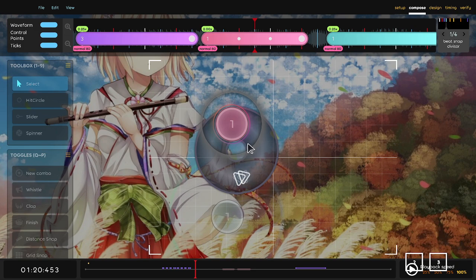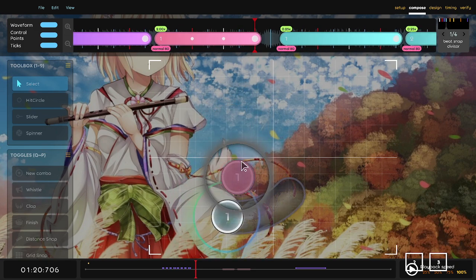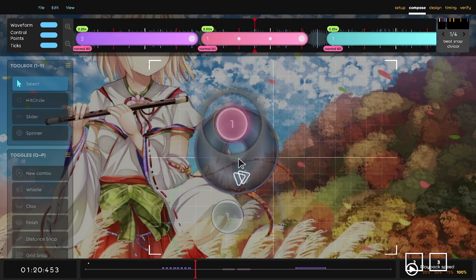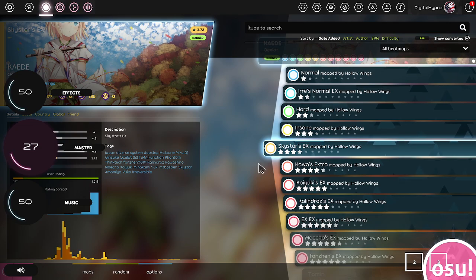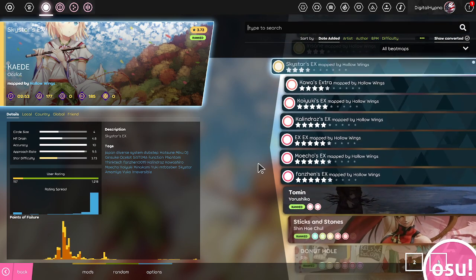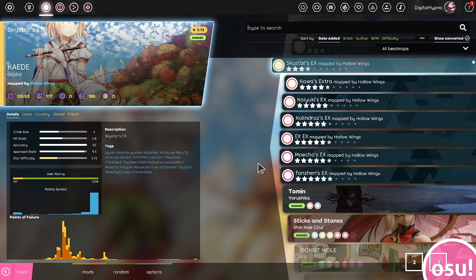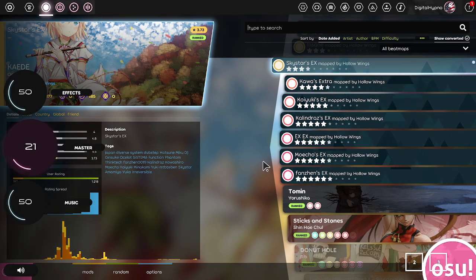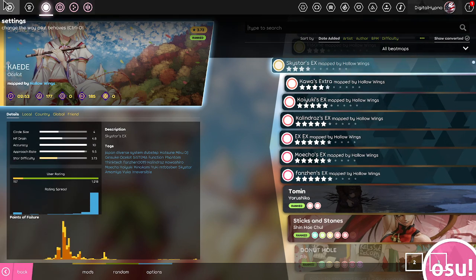I think on Ocelot Laser it feels a little finicky for some reason, but I'm pretty sure it still works, where you leave your cursor kind of in the middle there. But yeah, hopefully that explains slider aim for the most part. That is largely all the